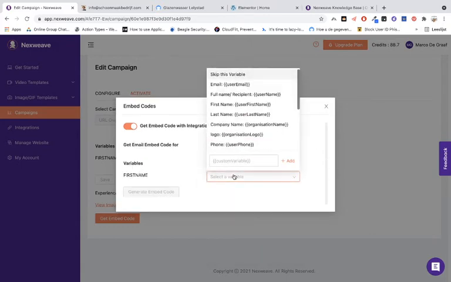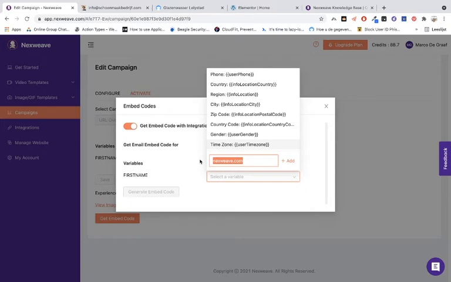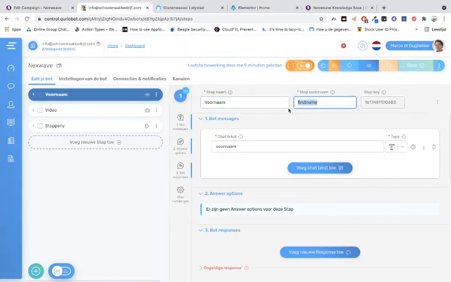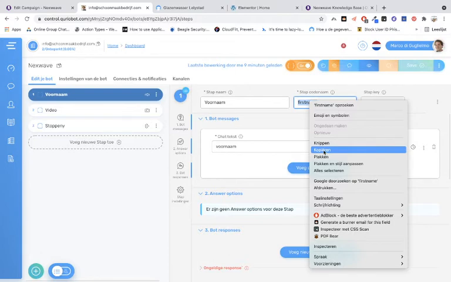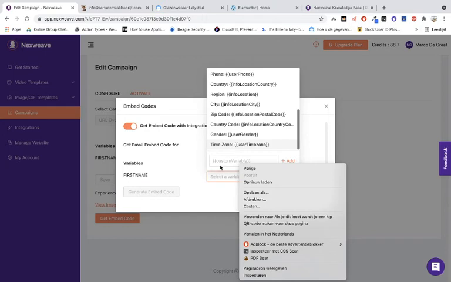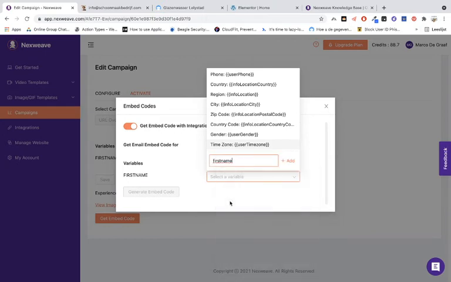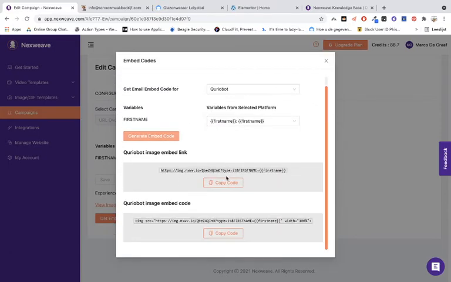And then we have to choose the variable first name, and if it doesn't stand in here, then we have to grab it from Quriobot itself. So we copy this and we make a token. I think it's a token. I'm not quite 100% sure. And you have to edit. I need to generate the code, and you can choose the URL, so you can make a URL from it